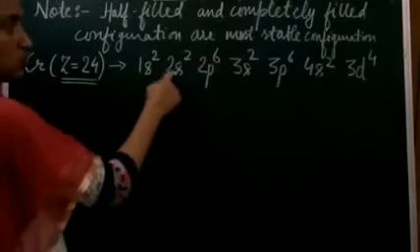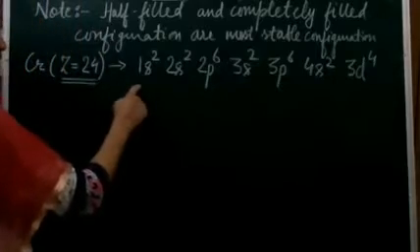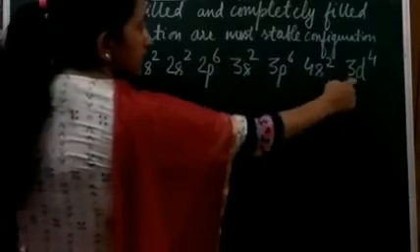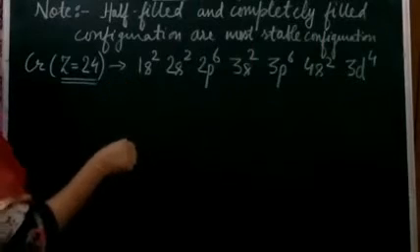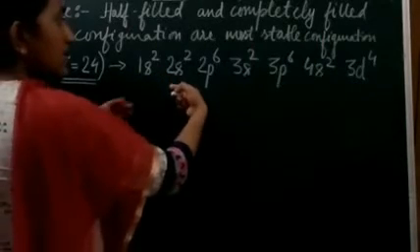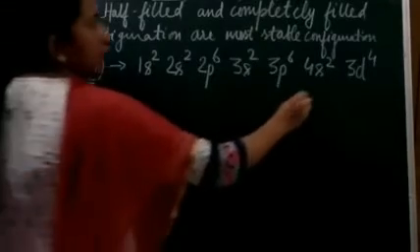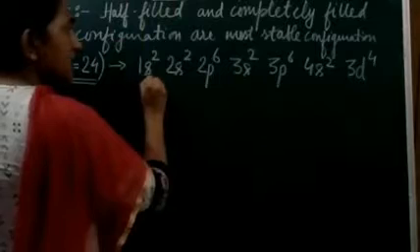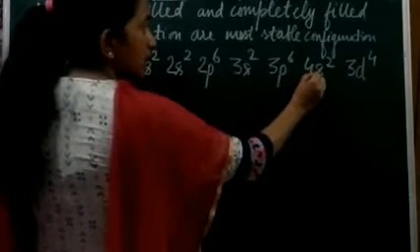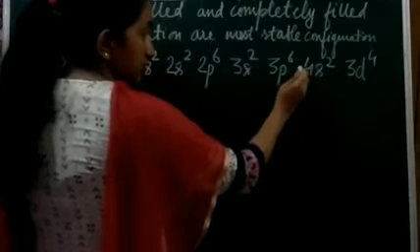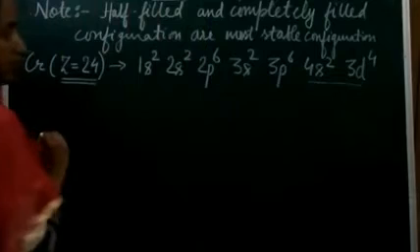It is 1s2, 2s2, 2p6, 3s2, 3p6. Still here we have got 18, and this is 19, 20 and this is 24. So this is the configuration, but this one we have to change. The sequence will remain as it is till here. Now when the outermost shell, this fourth shell, n equals 4, has been introduced, here the difference is going to lie.